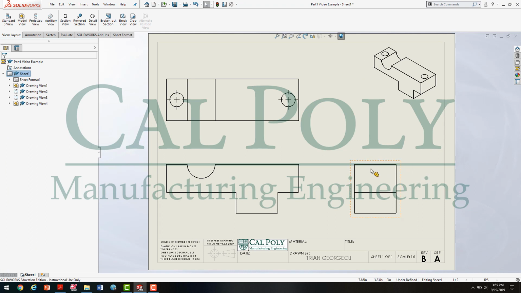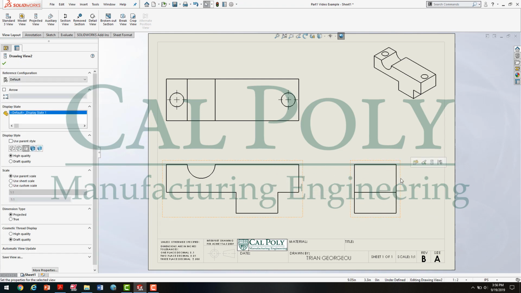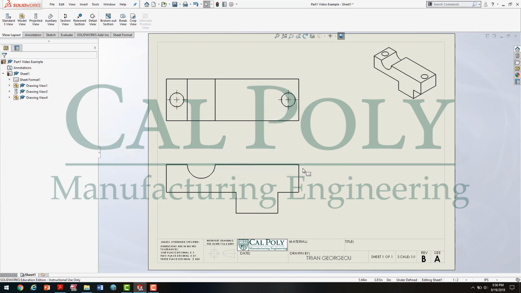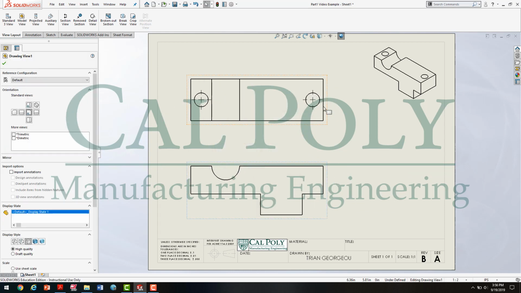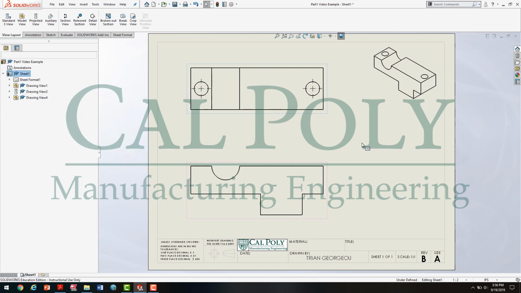Next, I'm going to get rid of this right view because you only need as many views as it takes to fully define an engineering drawing. So therefore, this right view here doesn't really give us any more detail than the front view can show us. So I'm going to go ahead and click on the drawing view and hit the delete key, which is going to ask me, do you really want to delete that view? So we're going to click on yes, and now we have our orthographic projections ready to go, minus the hidden